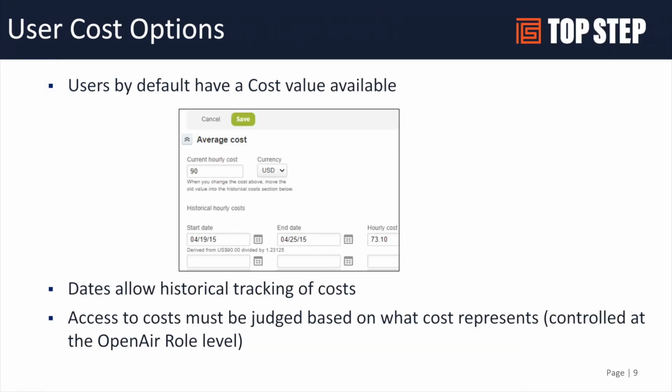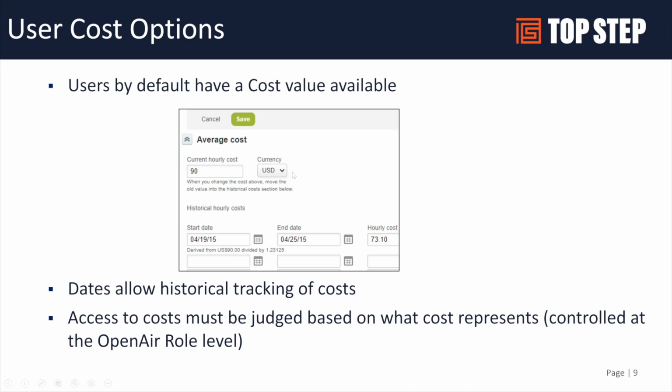So let's talk about how we get labor costs. On the user record, there's a separate cost table. And this is where, as we're all aware, you can store costs. And then if you do any sort of cost adjustments or cost updates, we can then store historical values of costs. So in this example, this user has a current cost of $90 an hour, but for a short time in April, he or she had a cost of $73.10. And so when you run a profitability report based on a specific date range, there's a couple of different reporting values we'll talk about later in the slide deck to decide if I want to use the current cost or a combination of the historical and the current based on the time frame I am